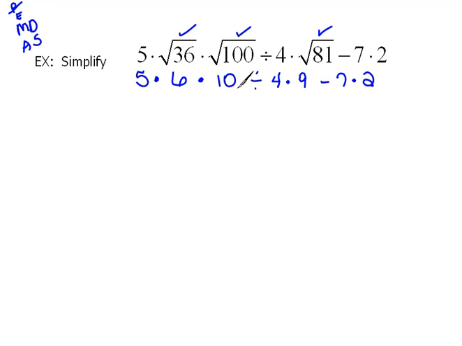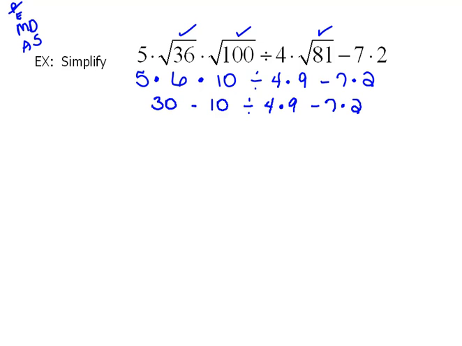All right, now as we look through here, we have multiplication, division, and subtraction. We have to do multiplication and division as we see them, left to right. Now this one you really can't skimp on very easily. You need to do it one at a time. So here we have 5 times 6, which would be 30, and I'm going to recopy the entire rest of the problem